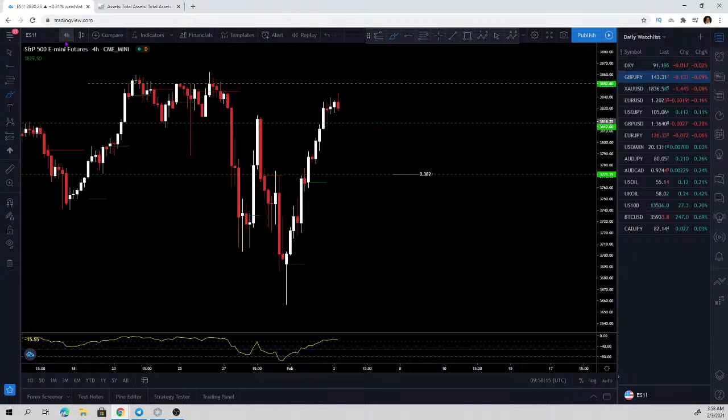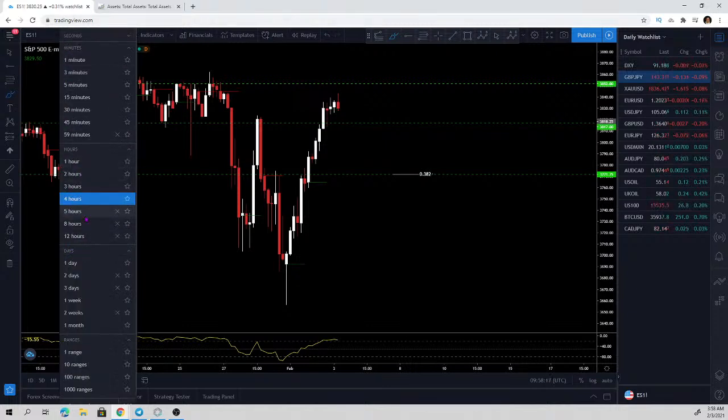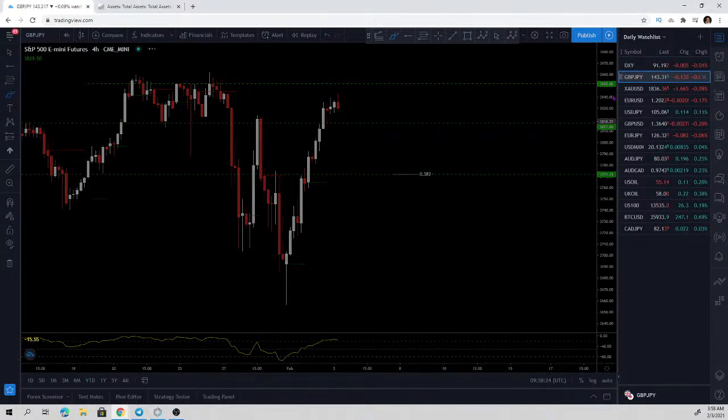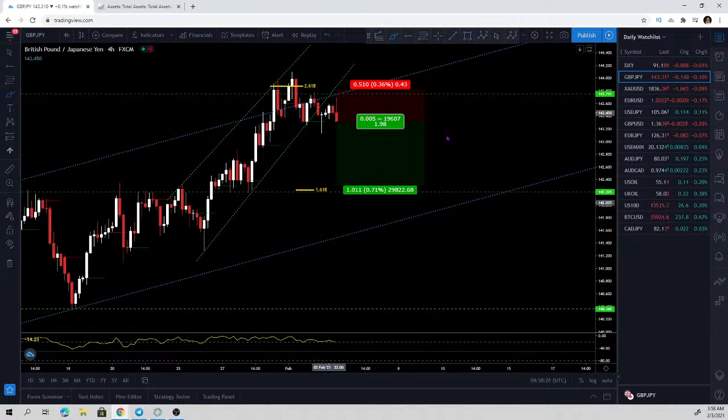Why? Because also, let's go to the hourly chart. That's a heavy move on the pound to the downside. That's gorgeous. We are in that trade now. Good luck, everybody. So let's go back to the S&P 500